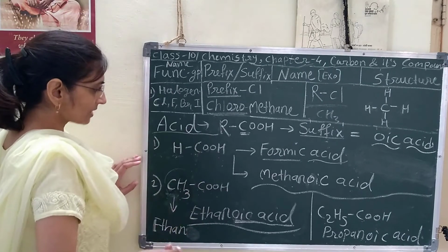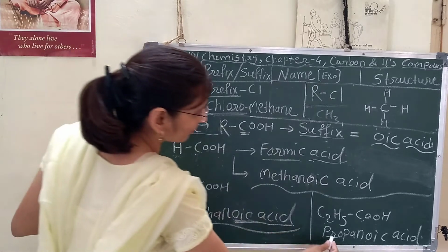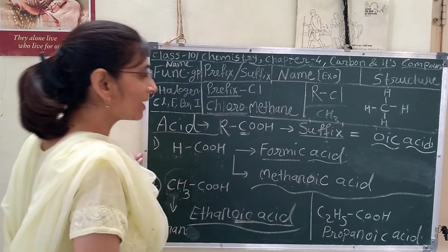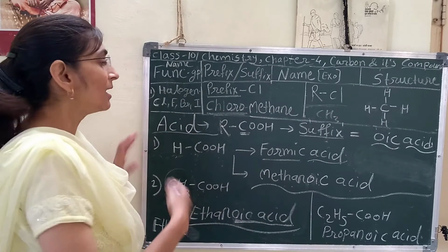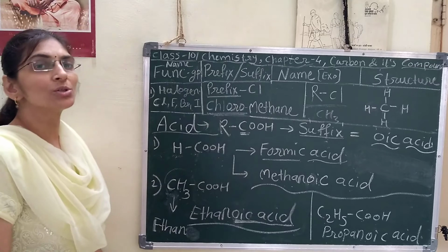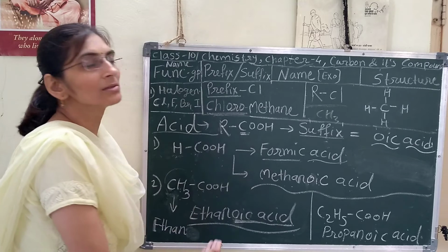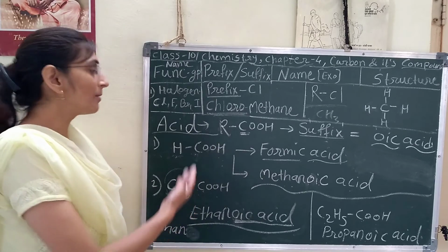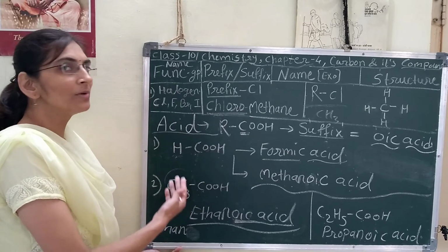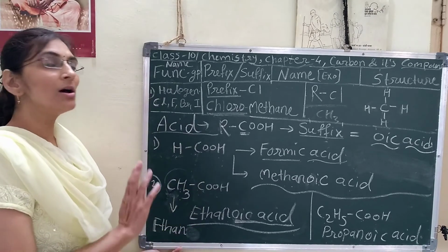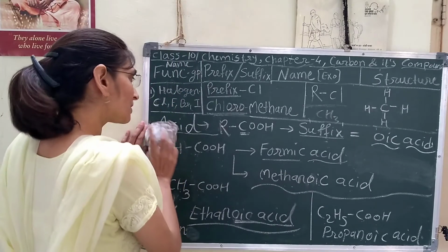So what will be the first compound? Methanoic acid, ethanoic acid for 2 carbon atoms, propanoic acid for 3 carbon atoms, and butanoic acid, pentanoic acid, hexanoic acid, like that the series will form. So you have to write down, like your previous series, this acid series also. The series of compounds in this functional group you have to write down in your notebook. Okay? So we will go towards the next functional group.